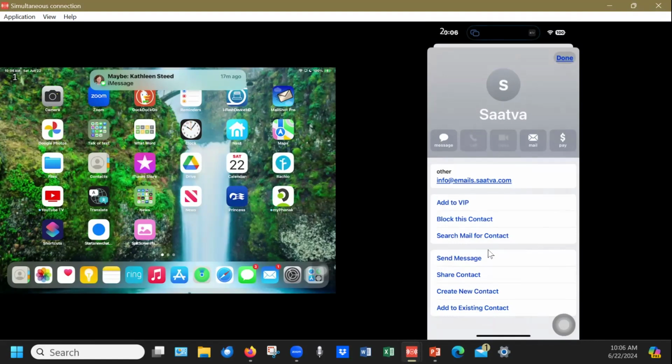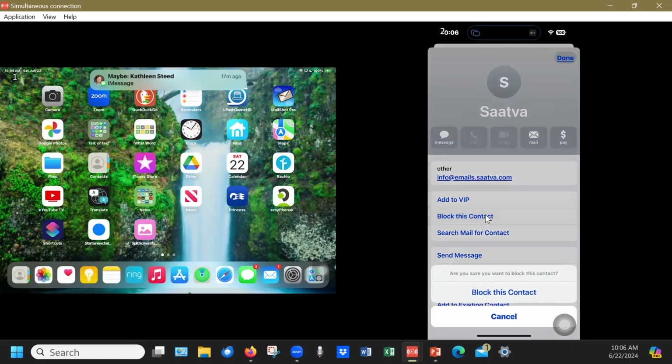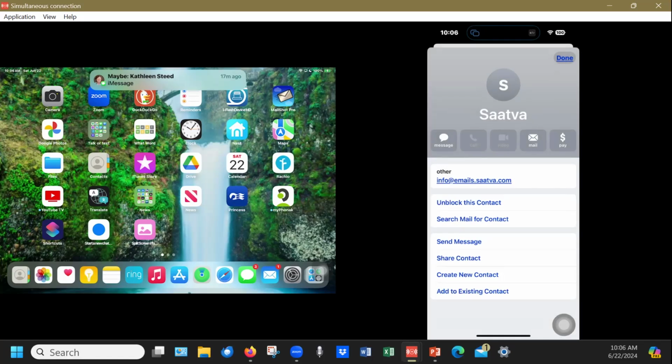Okay, so that's the address. And if I scroll down on this screen, then it should say block this contact. So I can tap on that and block that contact. All right. So now I have blocked this particular email address. So when I get that from somebody,